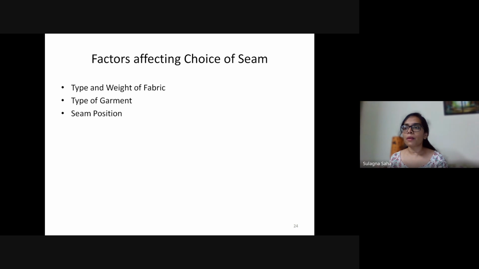The fabric, of course, will define what kind of SPI you are using, but the seam will also decide what kind of SPI you are using. And the appearance also is very important, wherein it should not be puckered, it should not have pull lines, it should not have markings and all those things. So make sure the needle size, the type of thread and the stitch length, everything is chosen correctly.